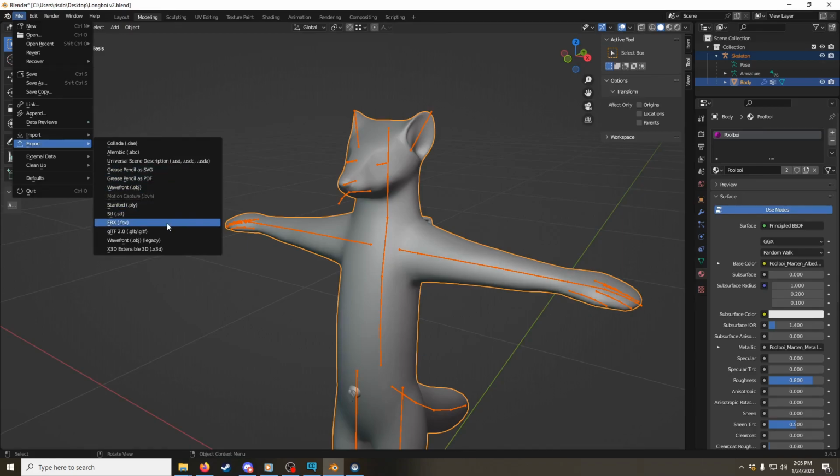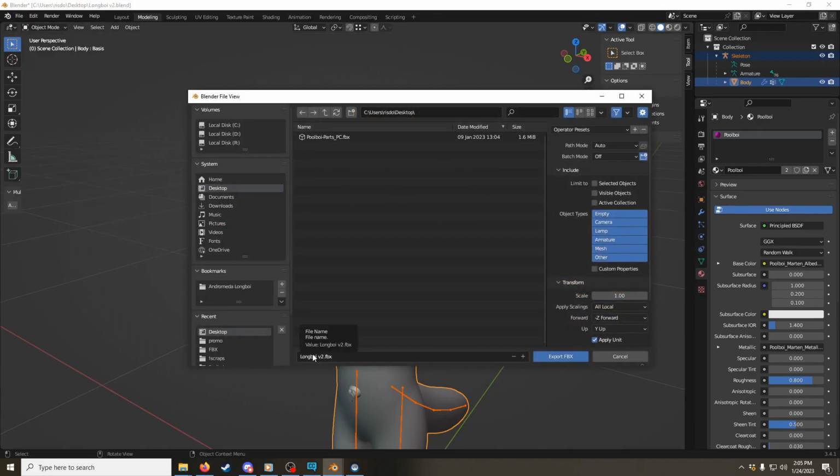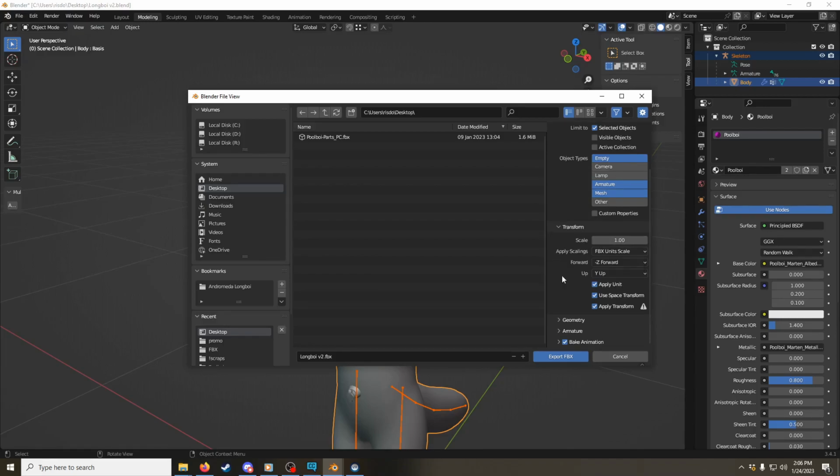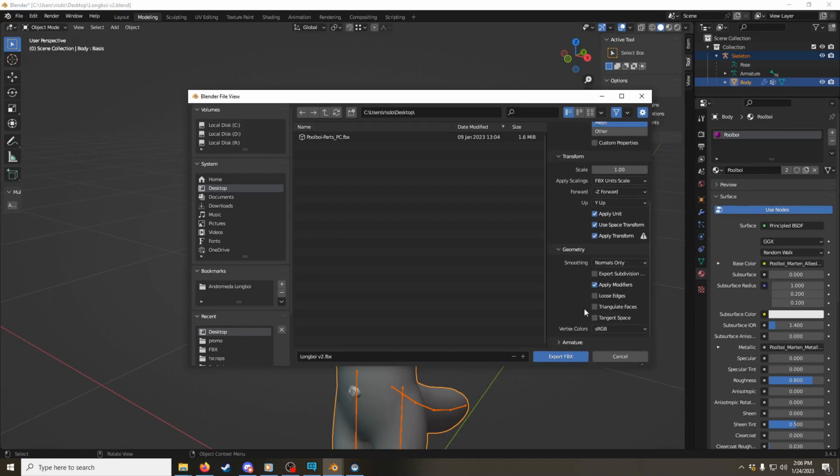Go to Export, FBX, and the way the Longboy is set up, you have to do a bunch of specific little tweaks to the export. I have a preset here, and I'll just go through everything. So set it to selected objects only, empty, armature, mesh, set the scale to 1, FBX unit scale, forward is -Z forward, up is Y up, apply units, use space transform, apply transform, and geometry, apply modifiers, smoothing normals only,